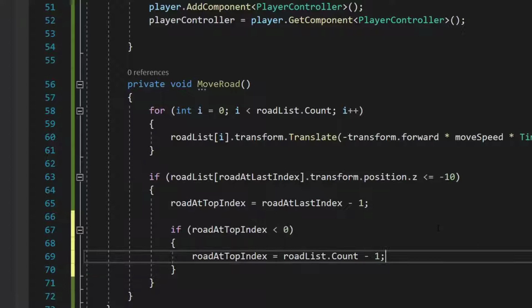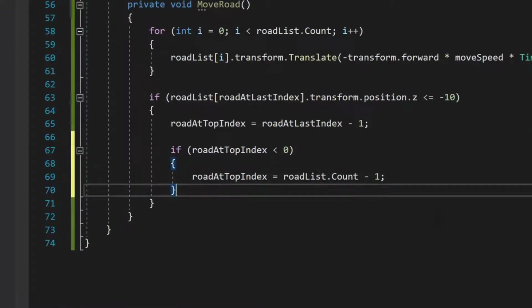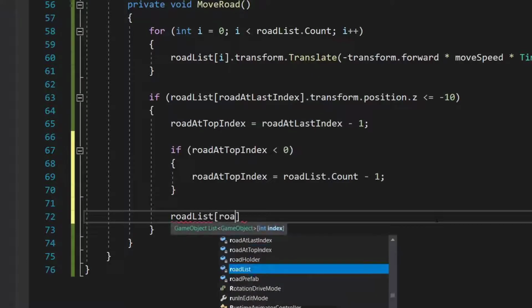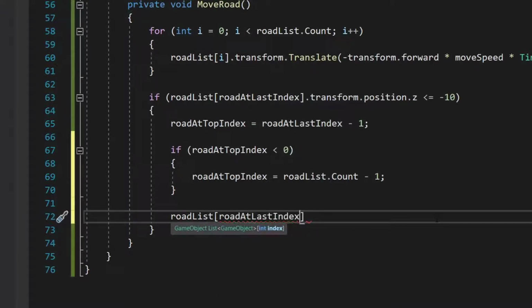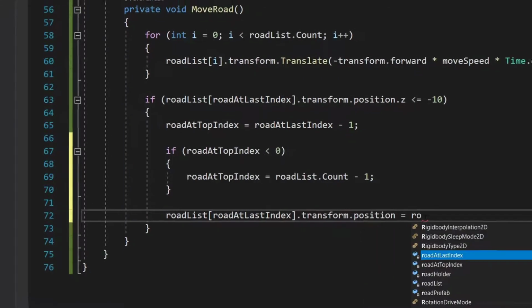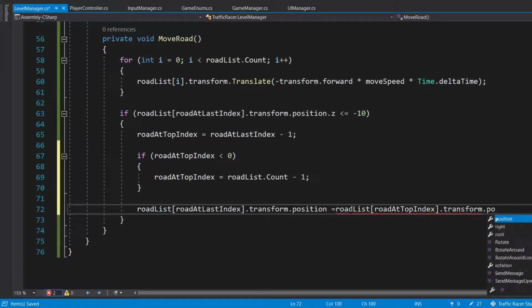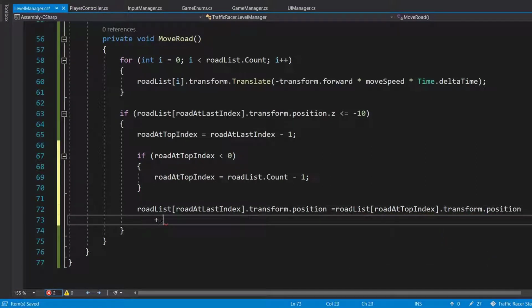Then we need to change the position, so road list road at last index dot transform dot position is equal to road list road at top index dot transform dot position plus vector 3 dot forward into 10.